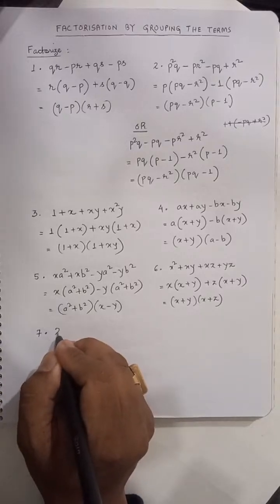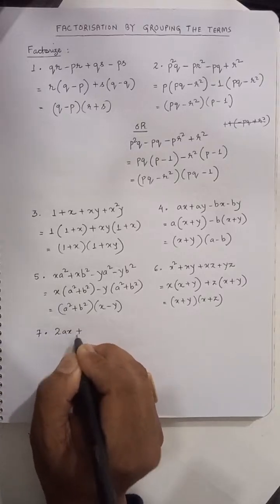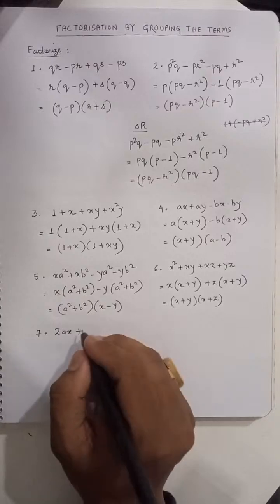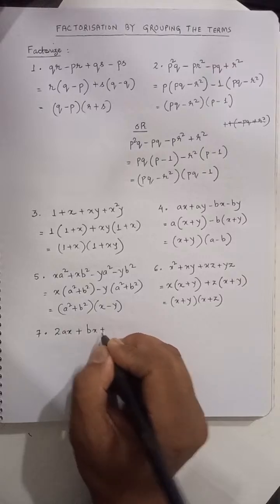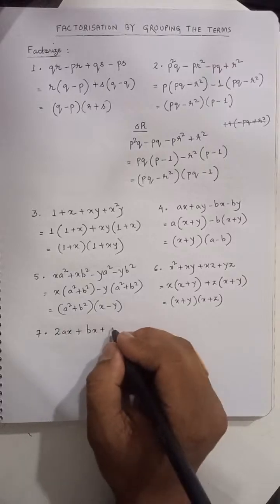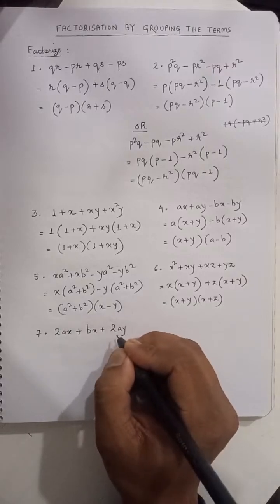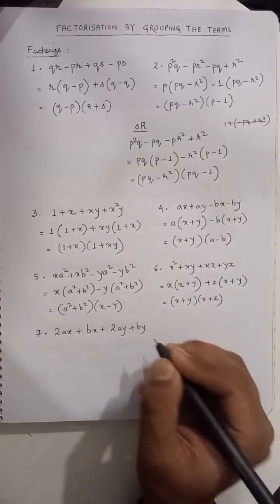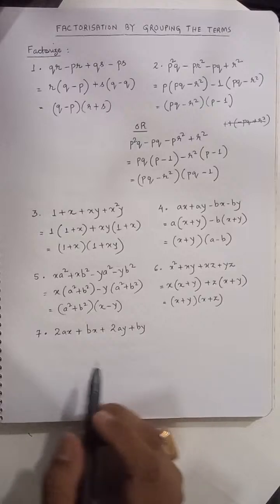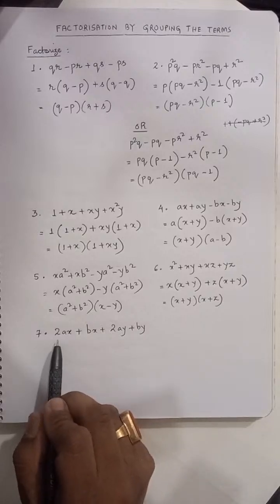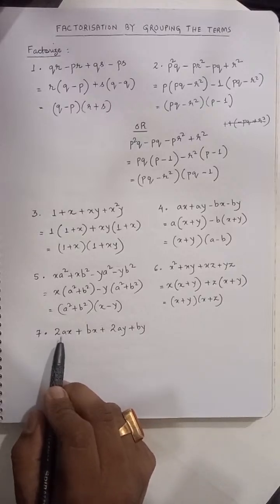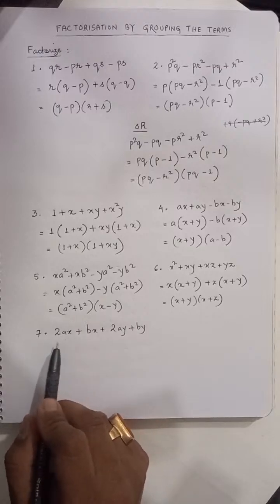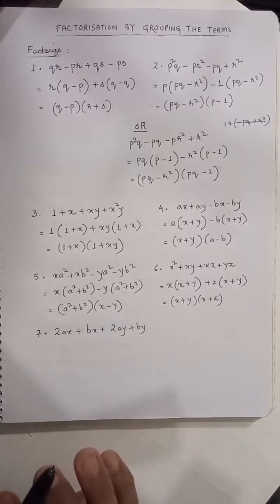2ax plus bx plus 2ay plus by. Okay, so what we can do, we can create a group of 2ax and 2ay. Why? In that case we can take out 2a as the common factor. Okay,